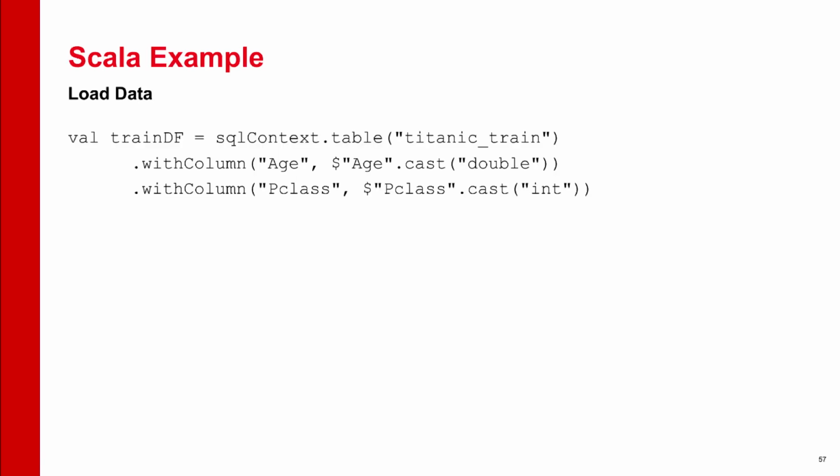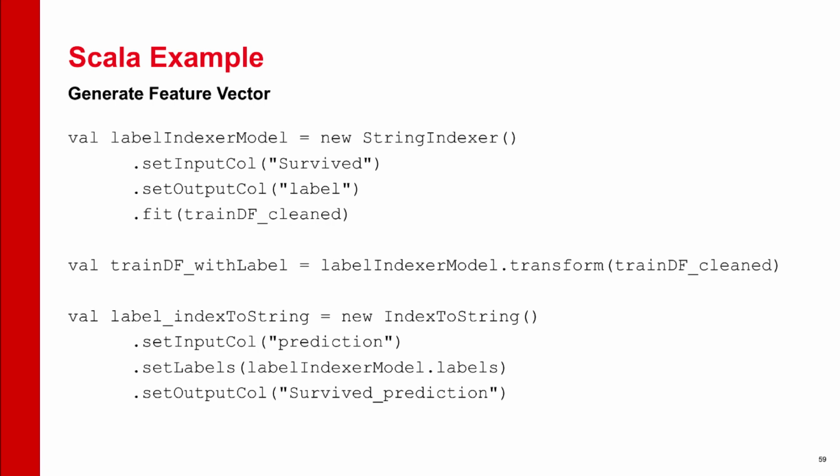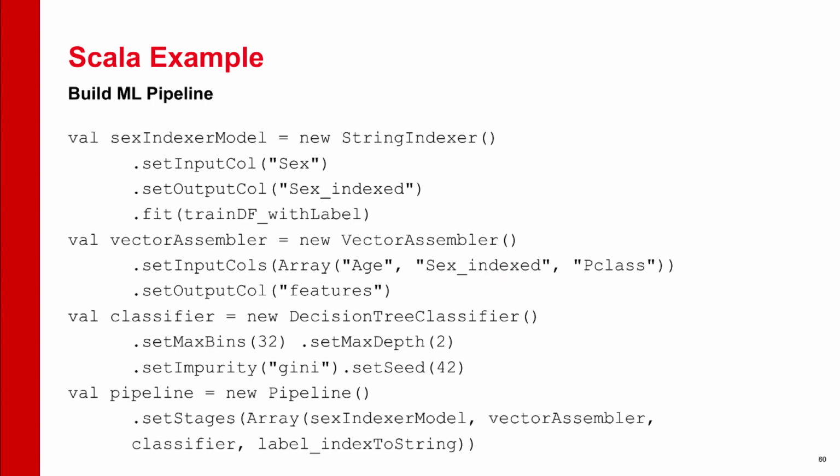Here's the Scala example. I'm using an SQL context, so I'm basically loading this from an SQL table. Notice the dollar signs in front. That is just specifying a variable name. That's actually more of a Spark thing than a Scala thing. I get the mean age and fill it in where it's missing. I'm setting up the label indexer so that I can convert categoricals and perform that conversion. I'm building up a basic pipeline here that I'll be able to execute as a graph. I am doing all the conversions that I have to do here. This allows me to do this both on the training and on the prediction scoring side and not have to